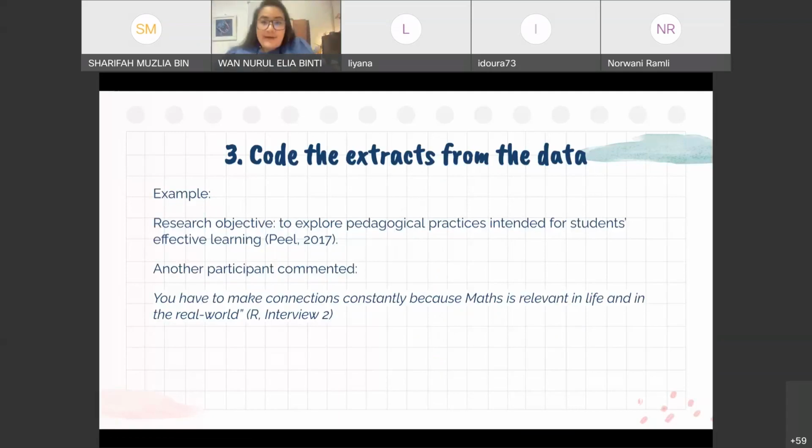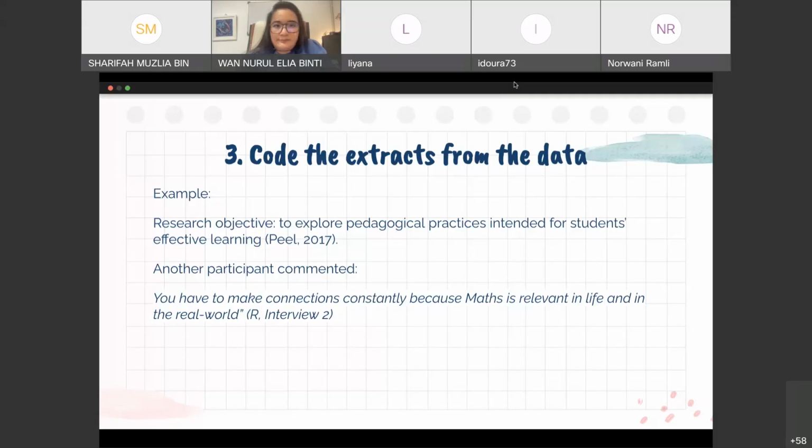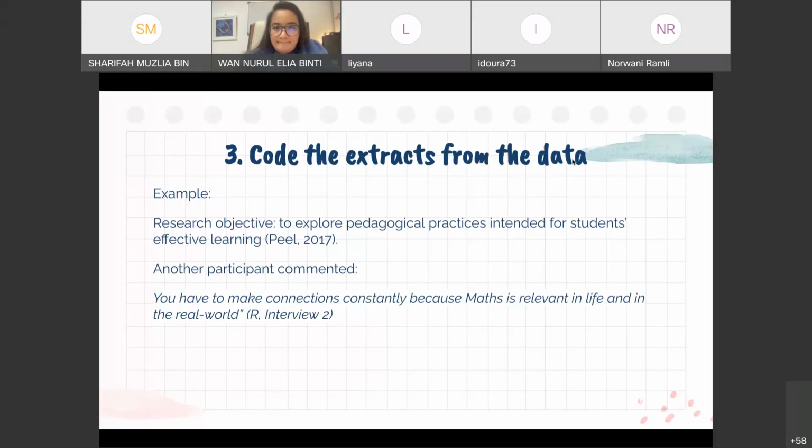So which phrase would you highlight, looking at the research objective? Make connections constantly. Okay. Real world. Betul. Relevant in real life and the real world.